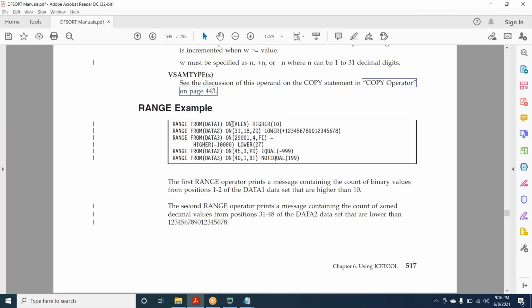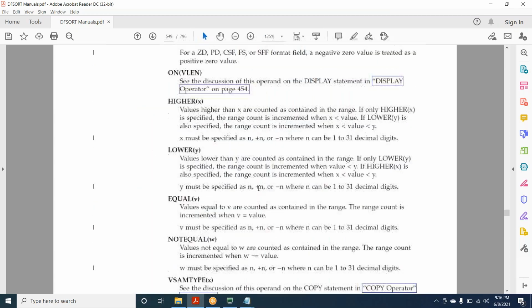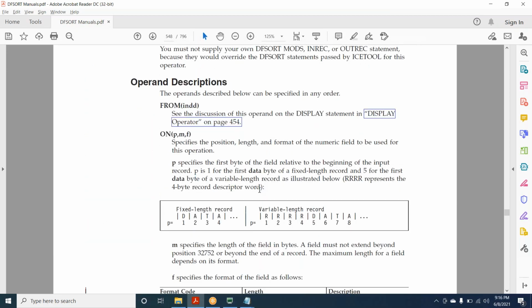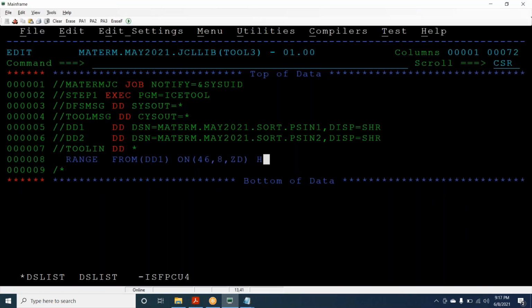So range from on: 46 is the starting position of the balance, 8 is the length, and decimal data type. You can give the other operators we discussed: range from on, higher, lower, equal. Let's say higher greater than 30,000. There are 6 records greater than 30,000.